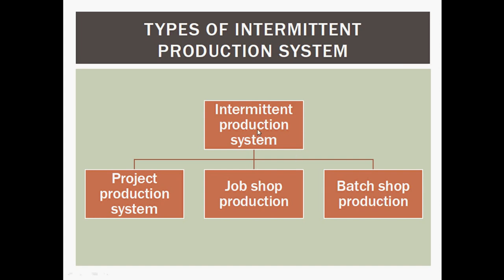The next case is job shop production. According to the customer's needs, suppose small fabrications we can do. Only when the customer needs it can you manufacture it. A carpenter or a smithing shop is an example of job shop production. Batch shop production is observed, for example, in an engine. An engine requires many components, so we can manufacture them in batches, and that is batch production. I will discuss them one by one.